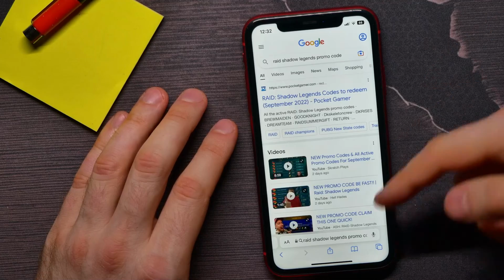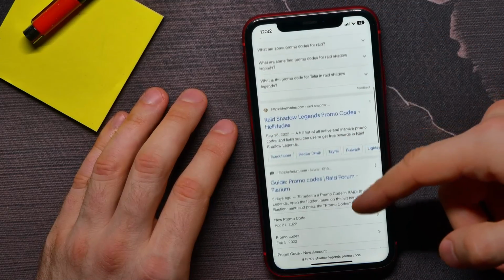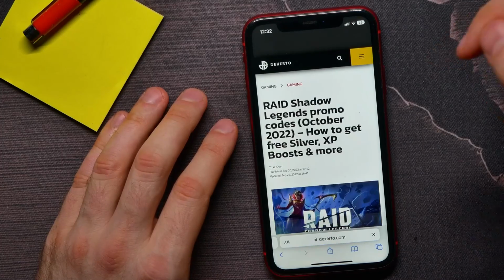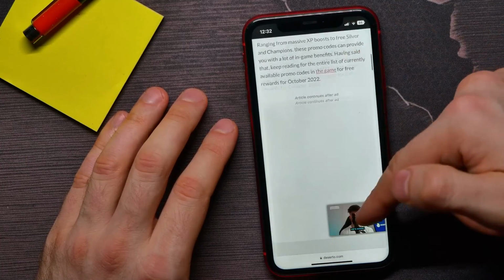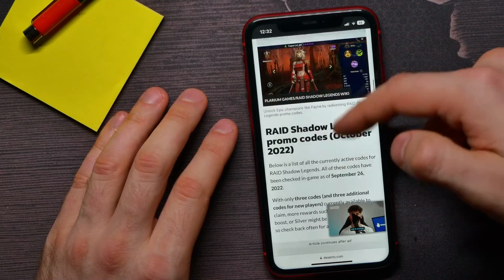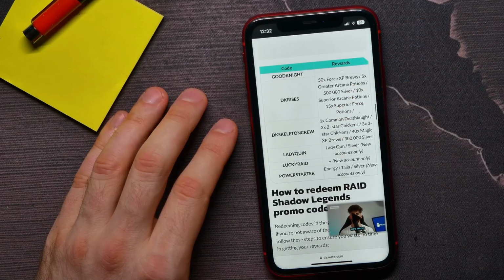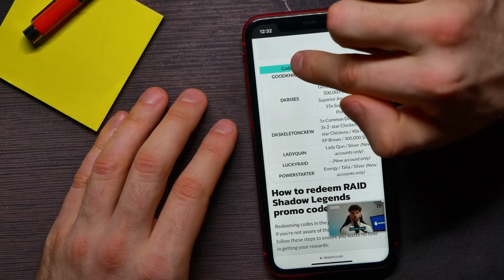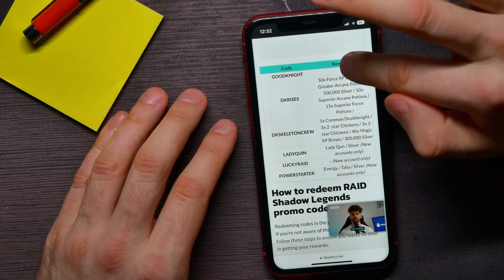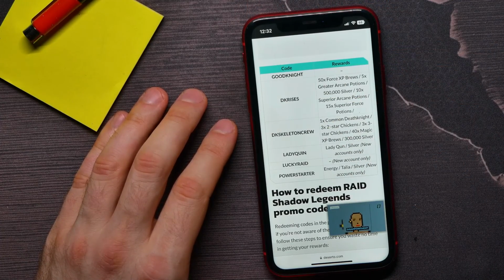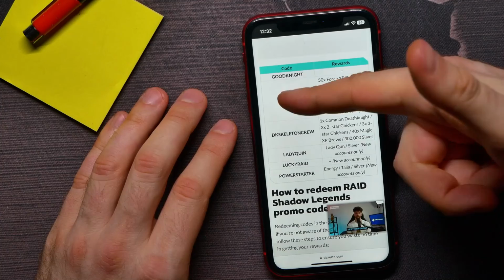It shows up different websites where you can find promo codes, and you can open up any of them and then just scroll down for a bit until you find promo codes. Here, as you can see, I got 6 promo codes. Here at the table I got code, and there I can get information about the rewards that gives you that